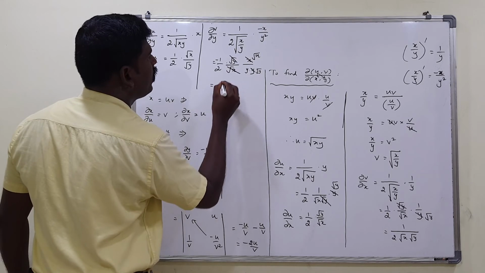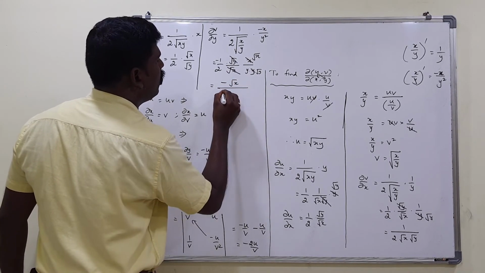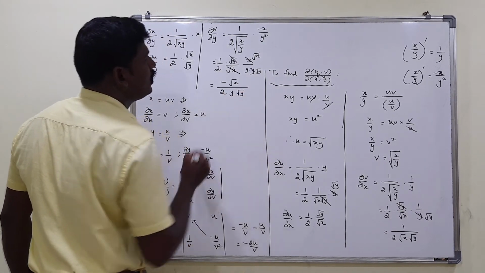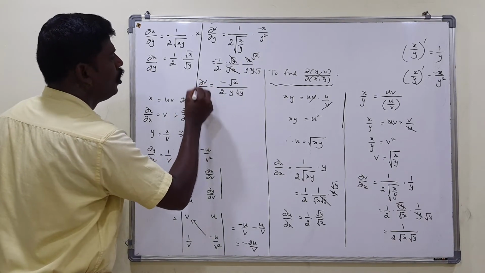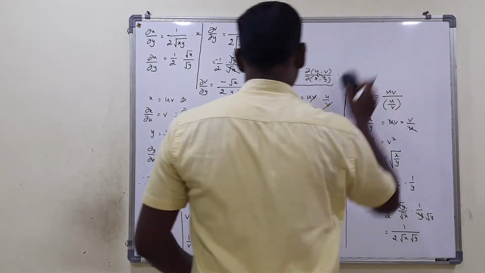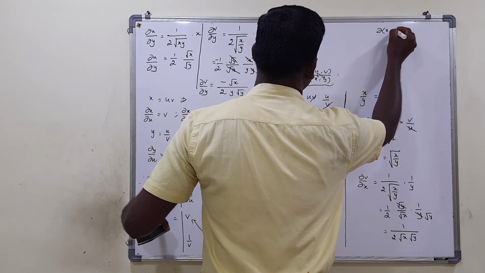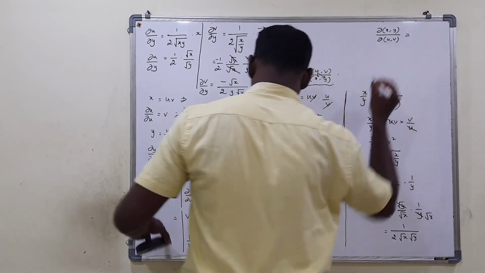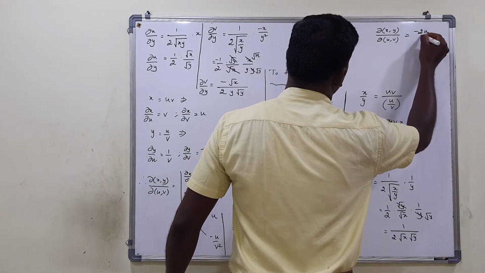Right. So what will you get? Minus root x is in the numerator and 2 into y into root y is in the denominator. So this is the value of ∂v/∂y, right? So what did we find out? The partial derivative of (x, v) with respect to (u, v), we will get as minus 2u by v, right?